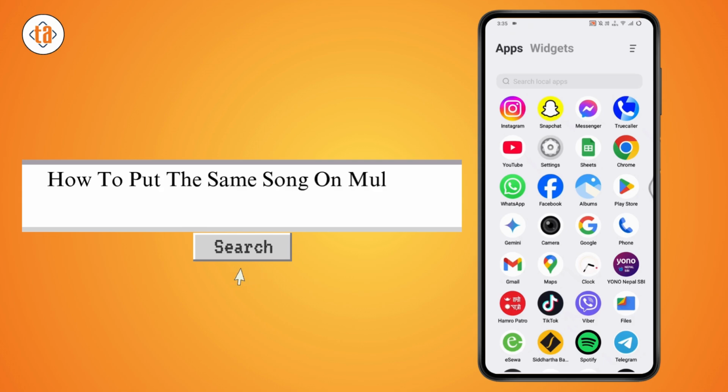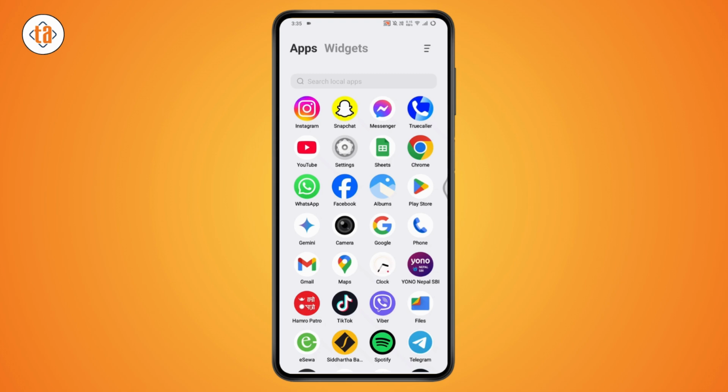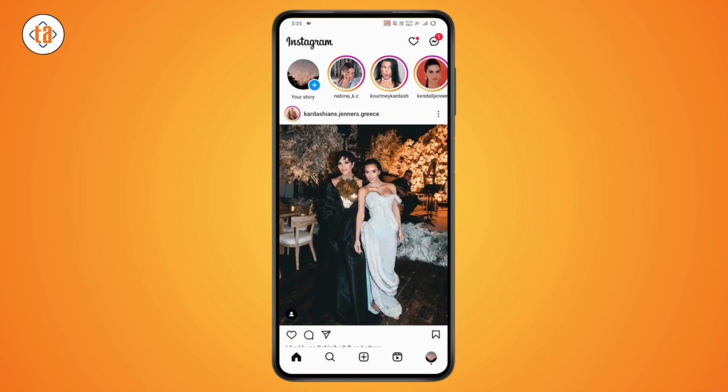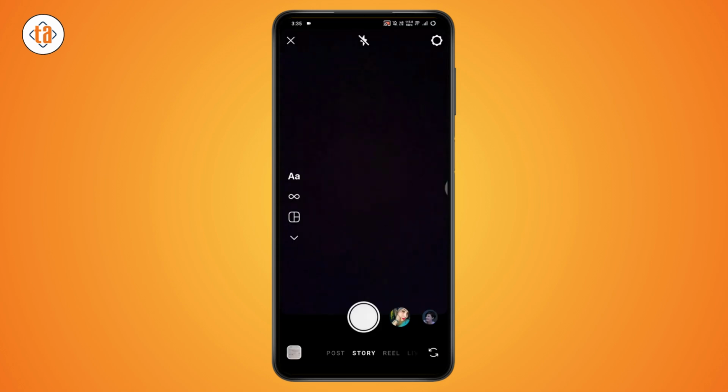How to put the same song on multiple Instagram stories. So if you want to put the same song on multiple Instagram stories, then first you need to open up your Instagram application, go with your story, which is on the upper left, go with camera, and you can also go with the bottom left, which has that albums option, so that you can choose something from your gallery to